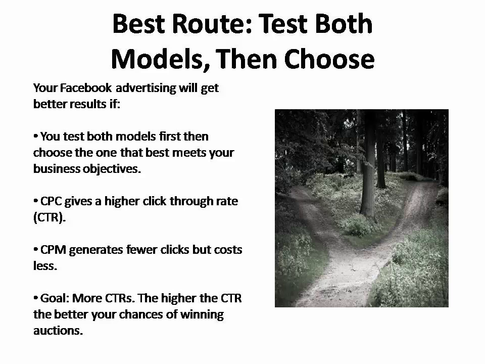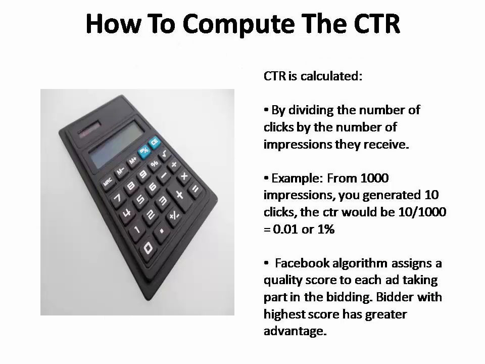Generally, CPC gives a higher CTR, while CPM generates fewer clicks but costs less. The higher the CTR of your ad, the better your chances of winning auctions. CTR is calculated by dividing the number of clicks by the amount of impressions they receive. For example, if you received 1,000 impressions and generated 10 clicks, your CTR would be 10 divided by 1,000, or